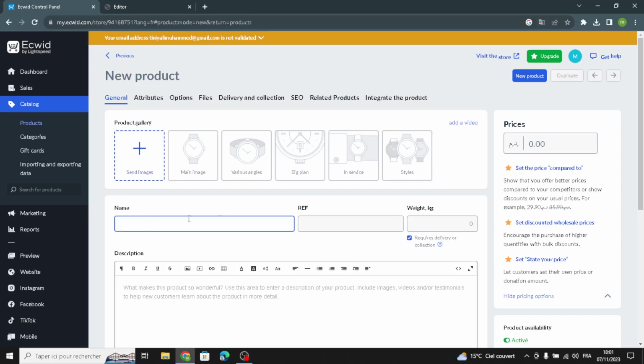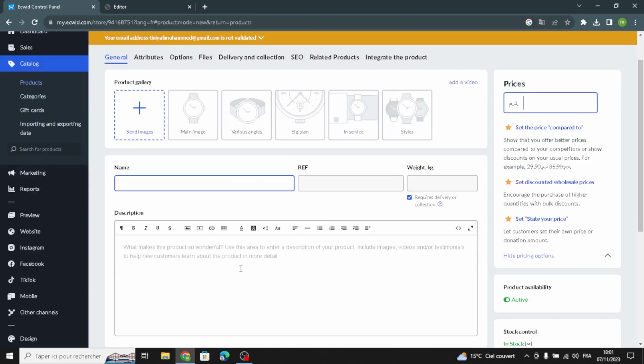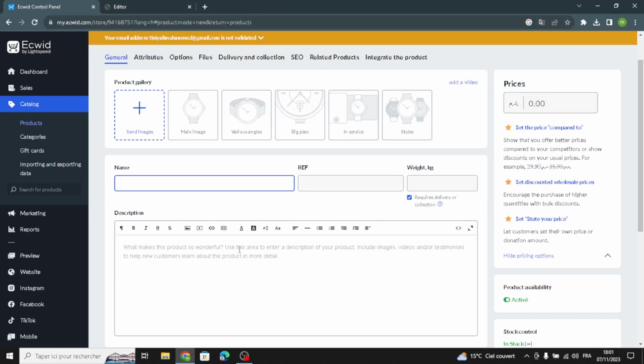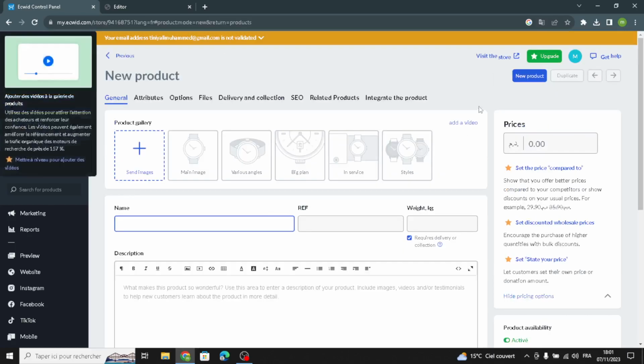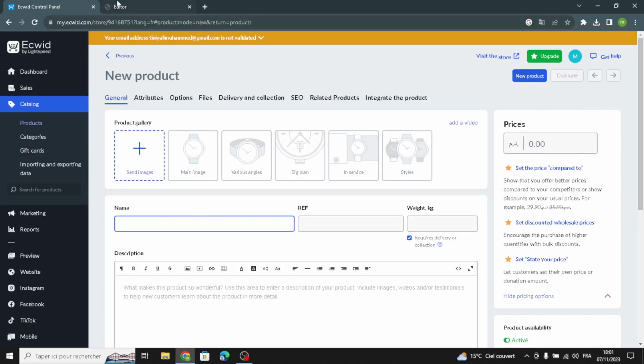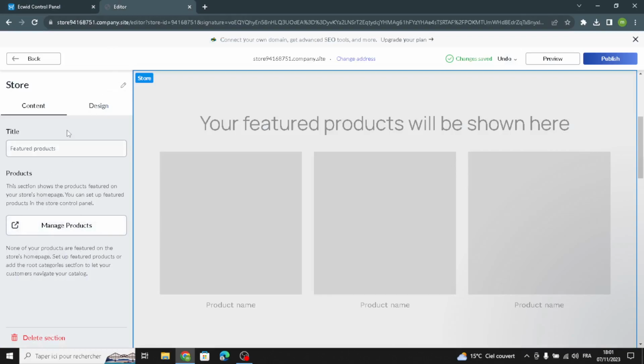After this you have to add the name of your product, the weight in kilograms, and also you can customize the price options, and don't forget here the description of your product. So that's it. After this, save and go back to the editor and complete here the design